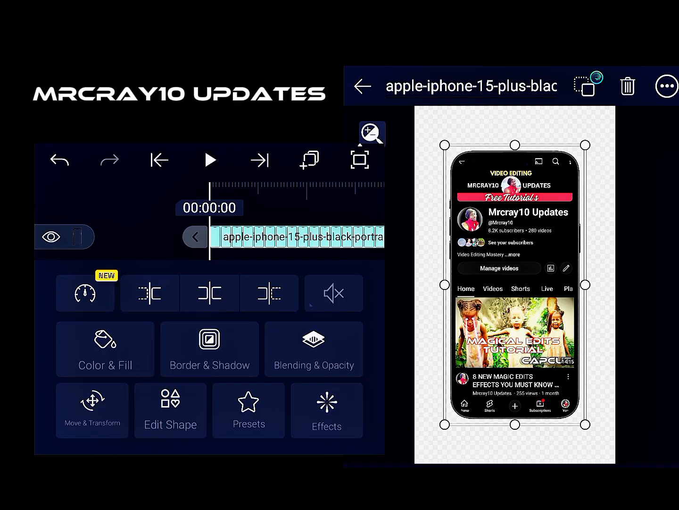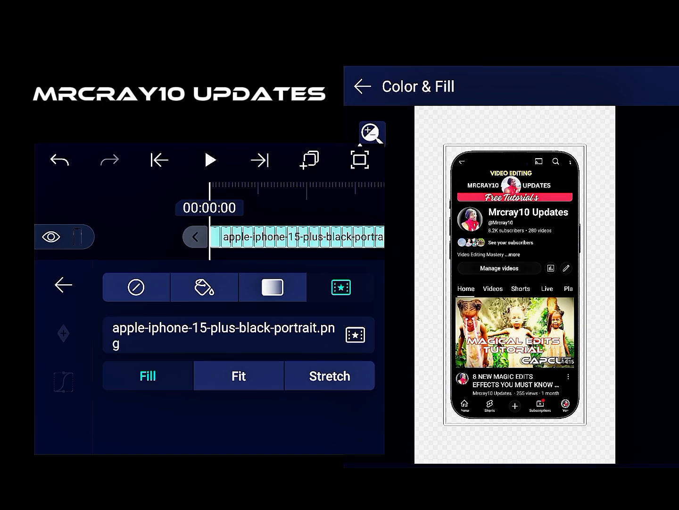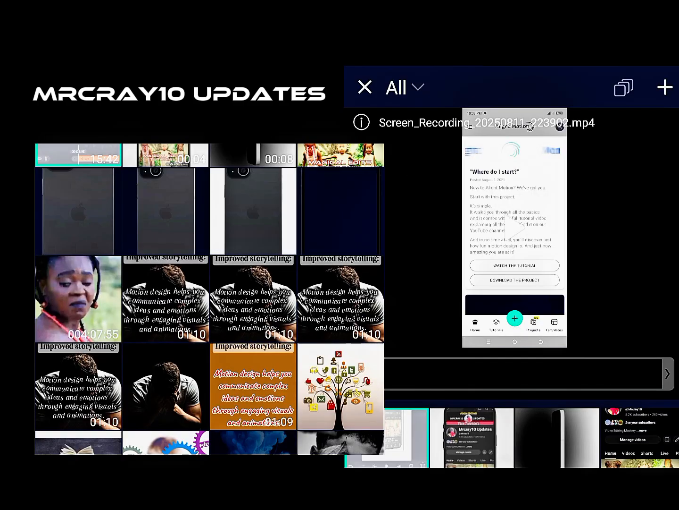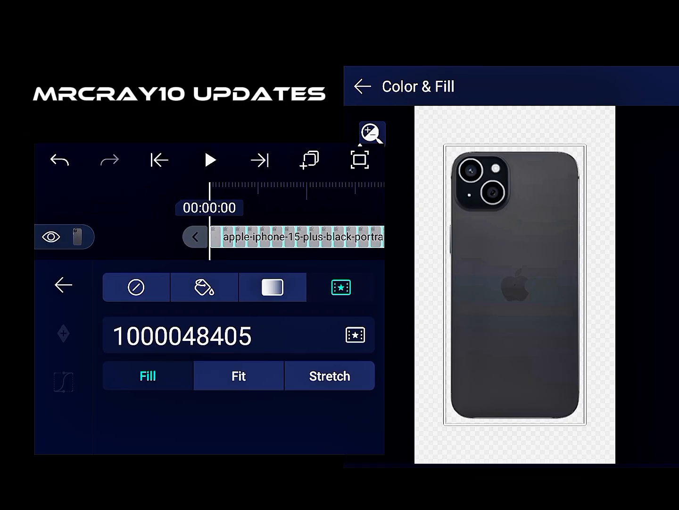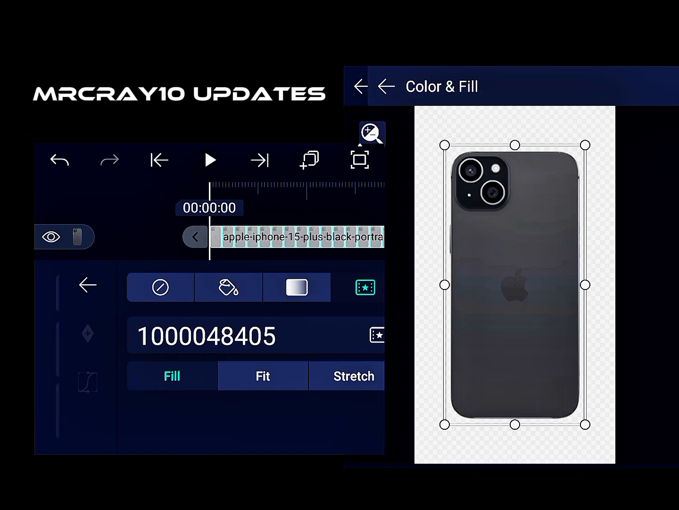When you click on iPhone layer, now come to color and fill. So from here you are going to click on this particular button right here, so you'll be able to bring in the back of the phone. So this is it. So you click on this plus button up here to add it. You get my point? So after adding it, tap on this navigation button